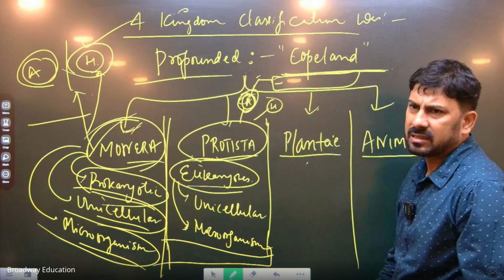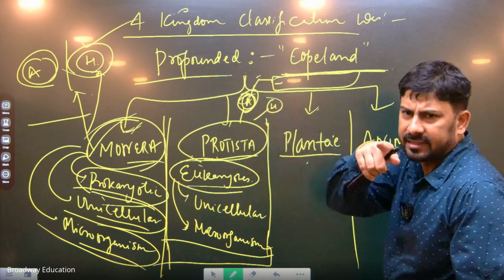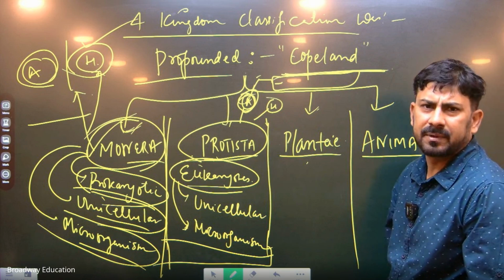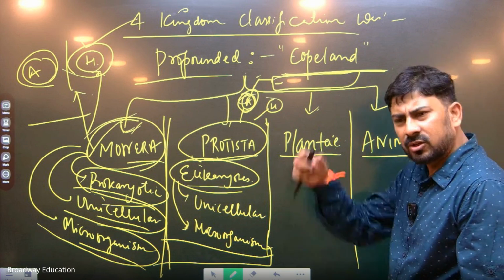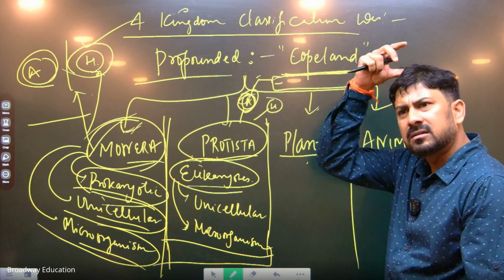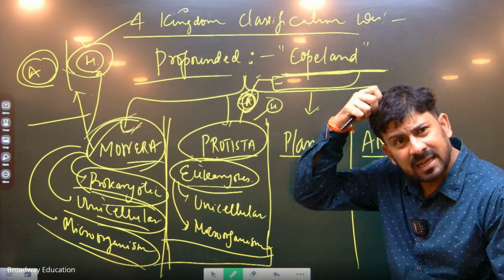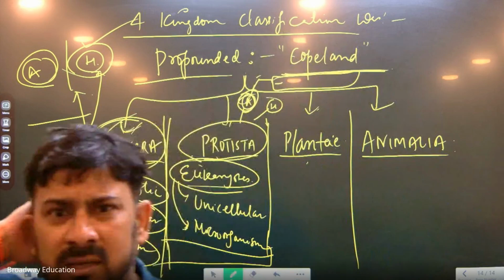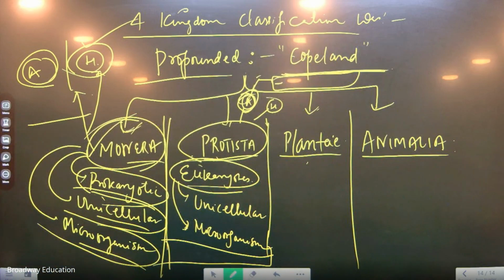Write the examples. Autotrophic protista, write it down first. Autotrophic protista example, please write. Chlorella. Mark up the names. This is UPSC preparation. Mark up the names, because when I discuss some questions with you after some time, this type of options are put in the answers in the question papers. Understood?